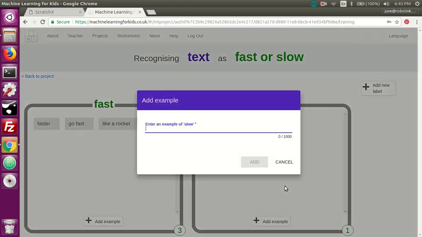My granny's actually quite a good driver. But if your granny drives quickly, then you should put her in the fast bucket. Like a snail,